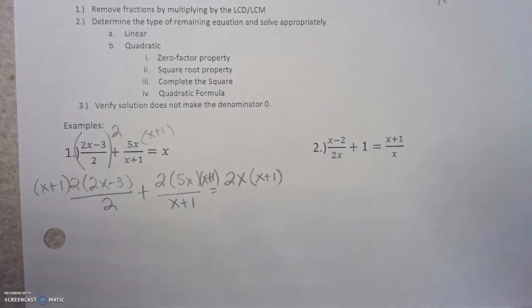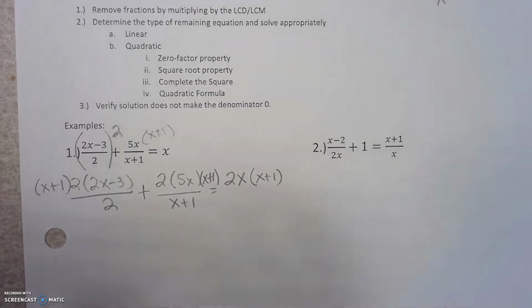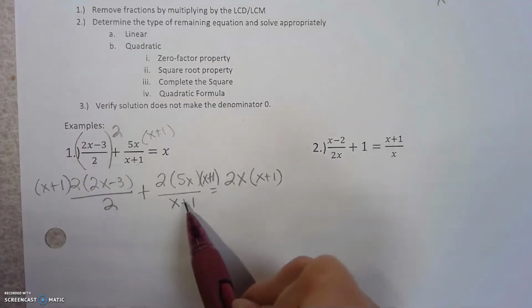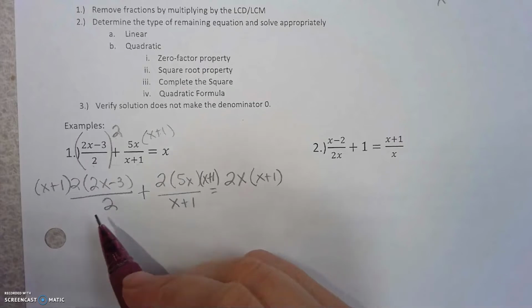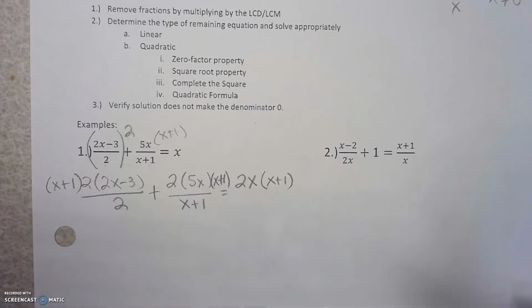Now keep in mind why we are doing this. The point of it all is to get rid of these denominators. I need something that they will divide into. I'm never multiplying anything times the denominator itself. The denominator is always dividing. So now